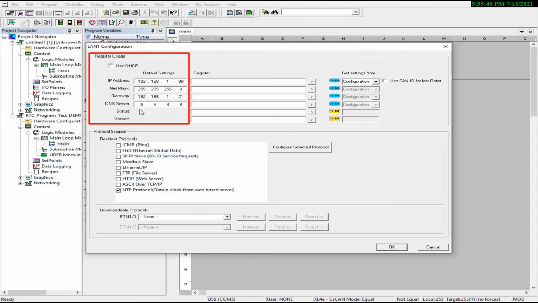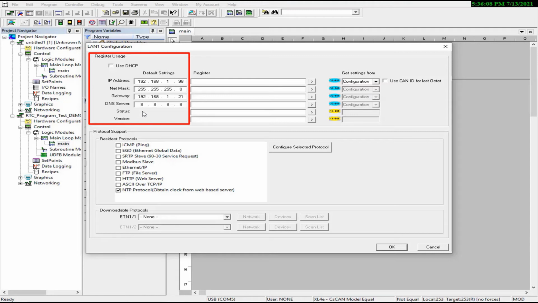Before you can use Network Time Protocol, you have to ensure that your network is set up properly. Your IP address and netmask have to be set up right. If you're going to be accessing a time server that is outside of your building, you need to ensure that the gateway is properly configured, and you should make sure that you have a DNS server configured. In my case, I've configured one of the Google DNS servers here. So with these two things properly configured, we now have the ability to go outside of our building to get